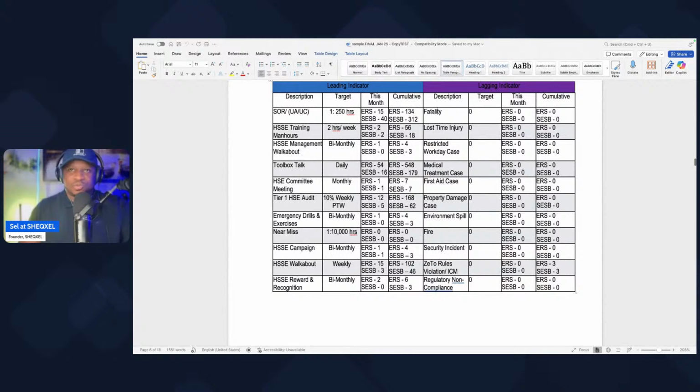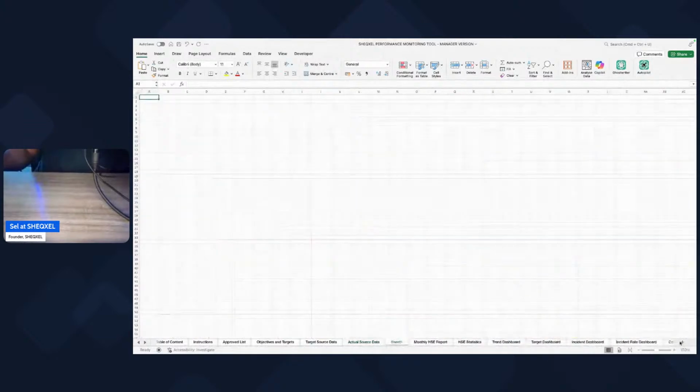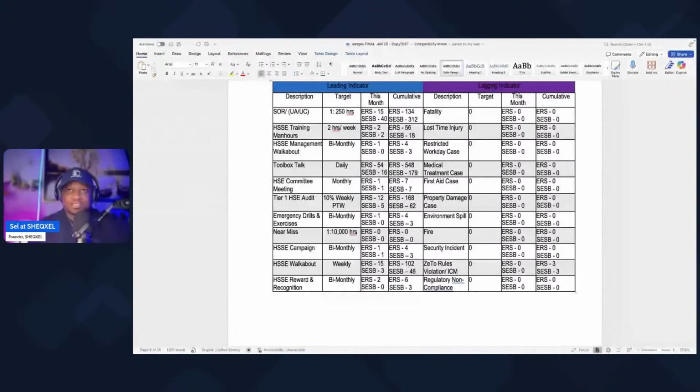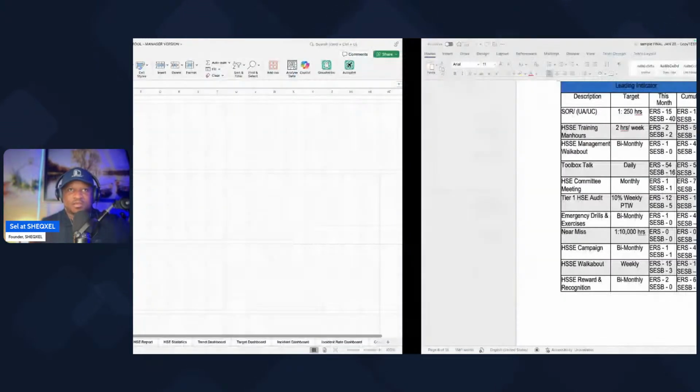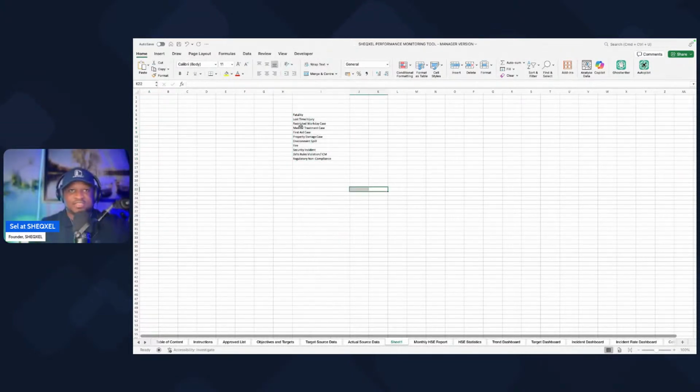Fatality, lost time, injury. So what I'll do is that I want to be very, very careful not to tamper with any sheet. So I'll just create another sheet so that I'll transfer some of these KPIs in there. So for the lagging indicators, we have these ones. I'll just copy everything, Control C. I come over here and then I paste it here, right? I'll paste as it will match destination formatting. So at least I can see, right? And then I'll come to the